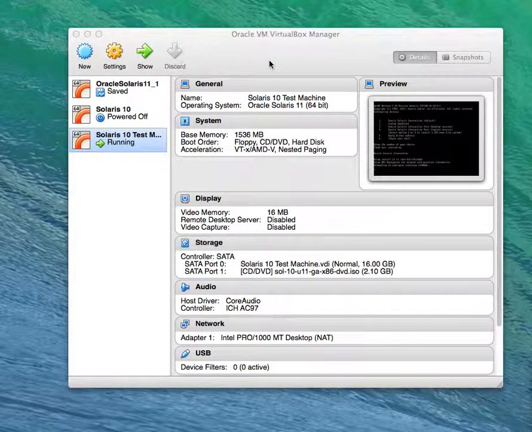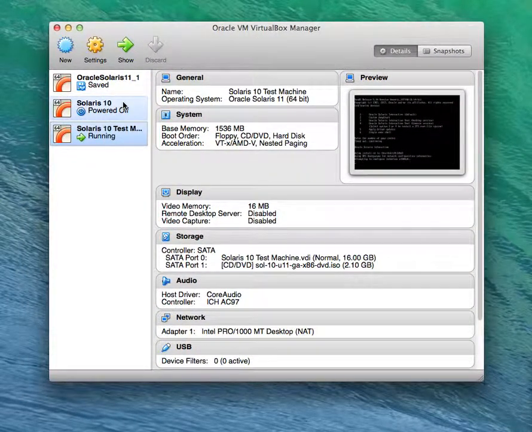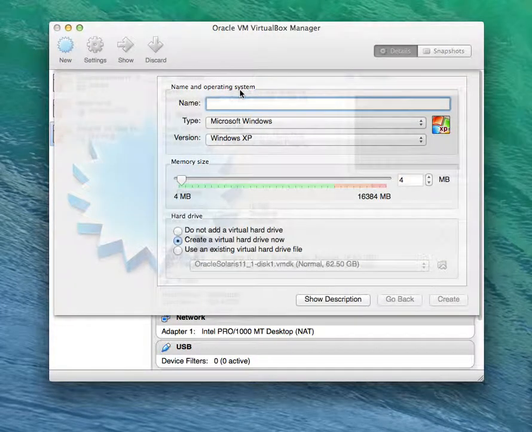install Oracle VM VirtualBox. This is how it looks. You can create multiple machines, so I'm going to show you creating one. You could name it anything. I would say Solaris test machine,